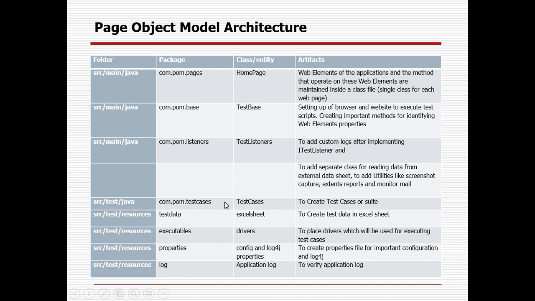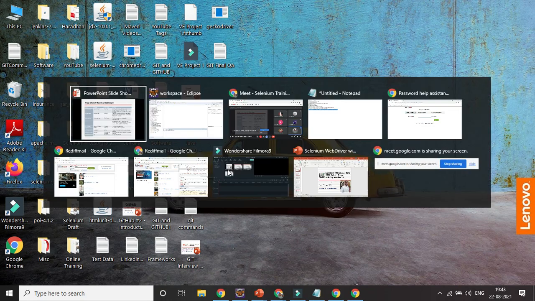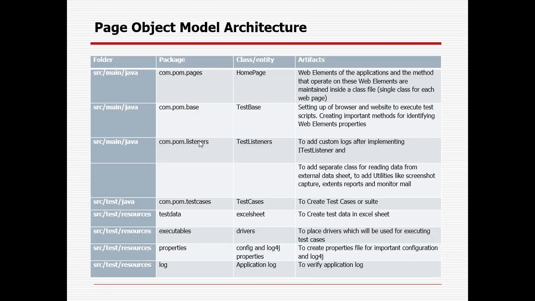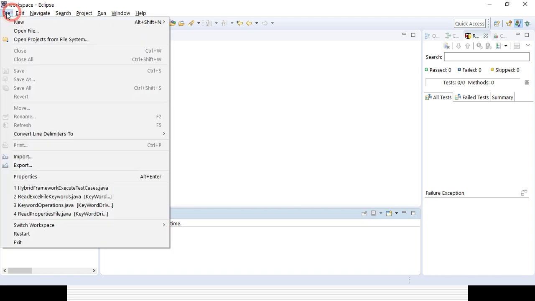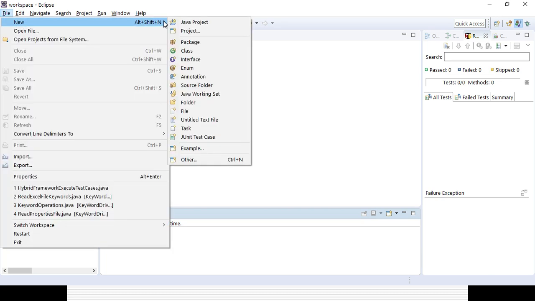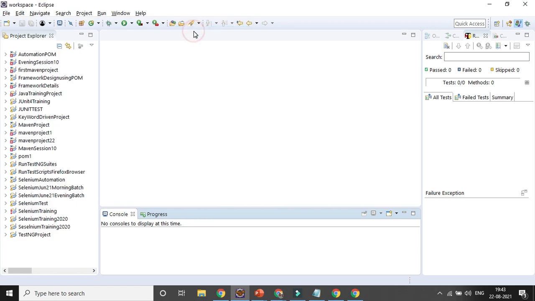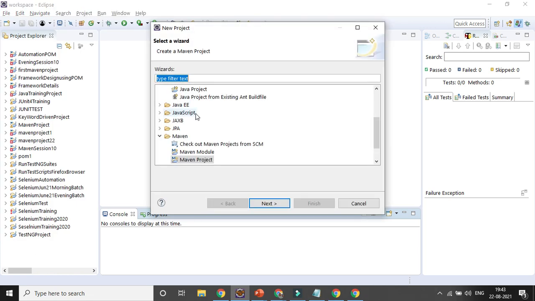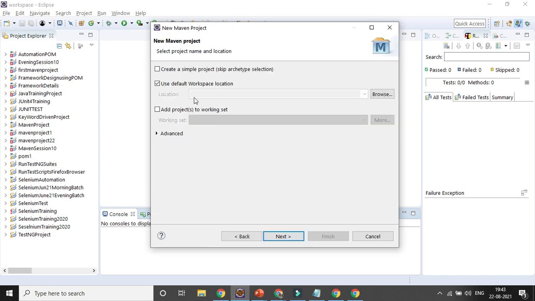Okay. So let's go and create a new Maven project here. New project, Maven project. So please create a Maven project. Select create a simple project checkbox, click on next.